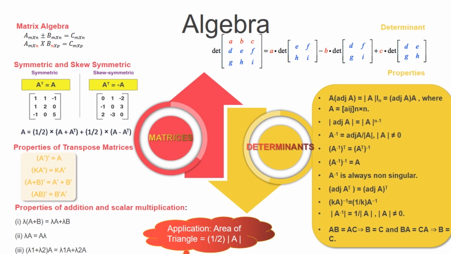Remember, don't mix up the values. Only for the first row or first column, whatever you are doing, complete the full process in that particular column or row. And determinant properties, the values I have given here, go through that, because most of the questions come from that, especially inverse properties also. The last pre-board question also I have given like that. Inverse properties, everything you have to learn.